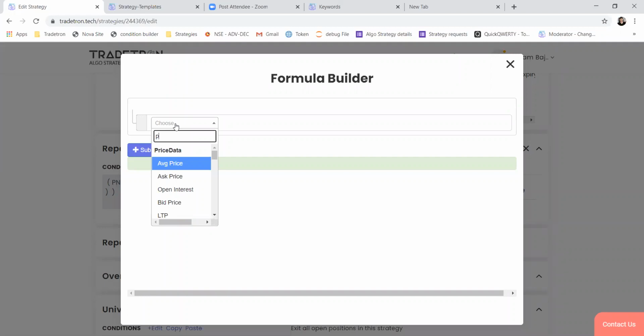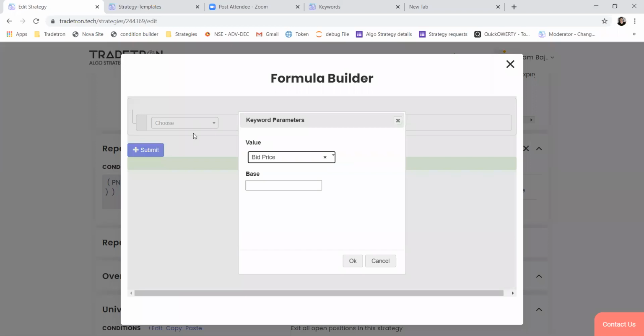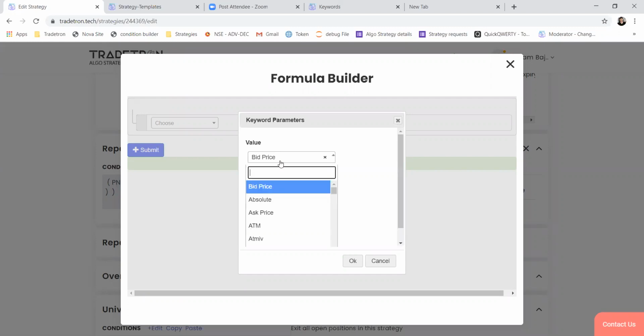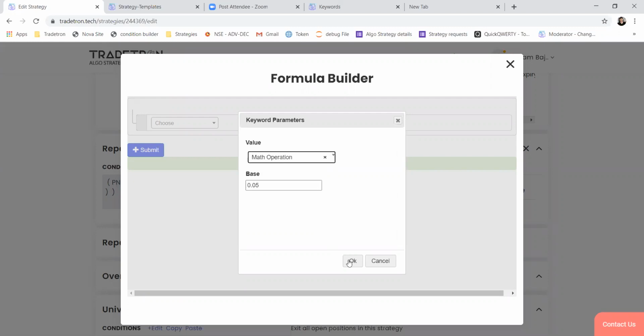For that you can use this option. Always write your calculation under the round function, because the exchange accepts all the price values in multiples of ticks. One tick in NFO or NSE is 5 paisa, so it should be rounded to the nearest 5 paisa multiple. And here you can use this math operator to write your formula.